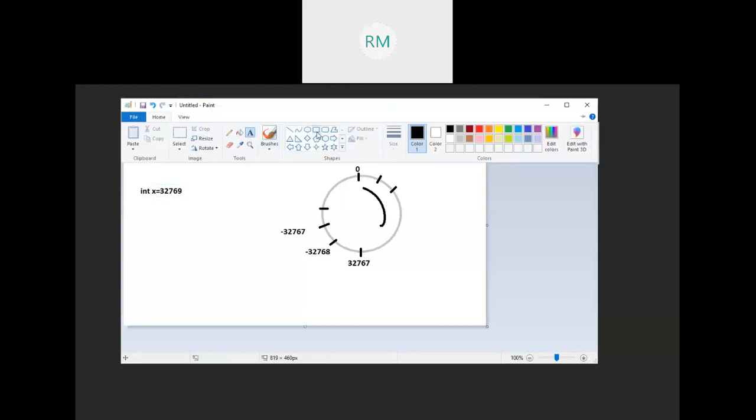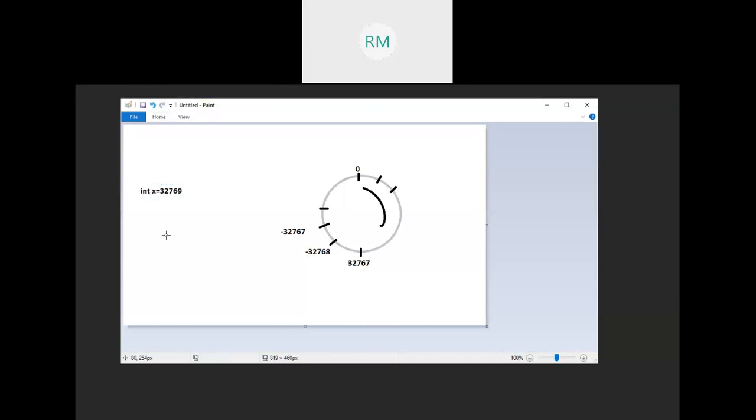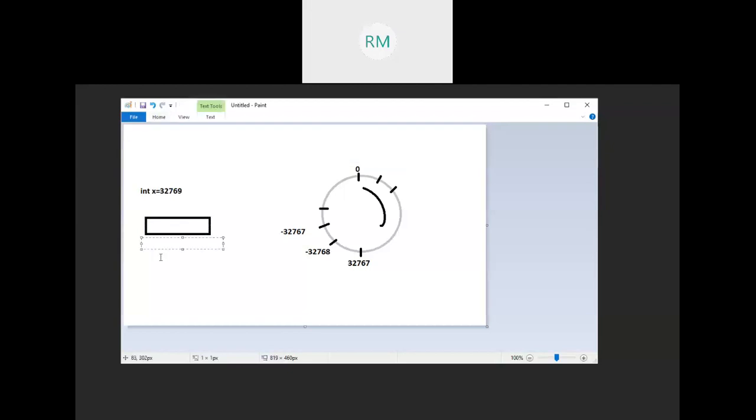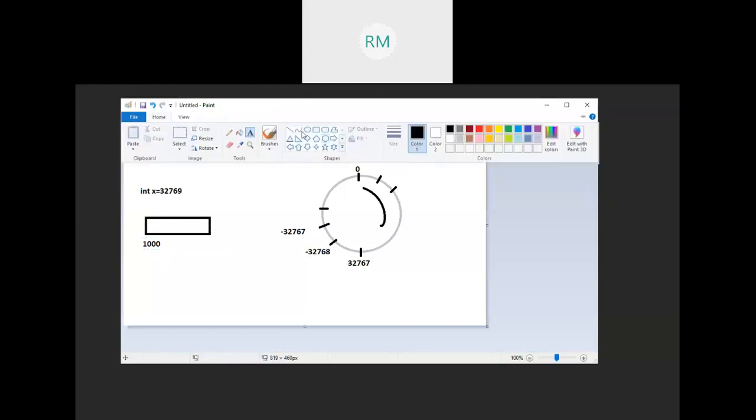So actually it occupies how many bytes? Integer occupies 2 bytes. Let us suppose integer occupies only 2 bytes. The first byte address of any memory block is called its base address. So let us say the base address of this one is 1000. Here base address means the first byte address. Actually it occupies 2 bytes. First one is 1000, second one is 1001.